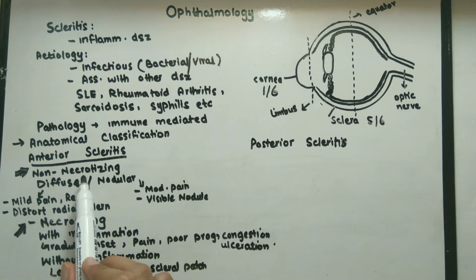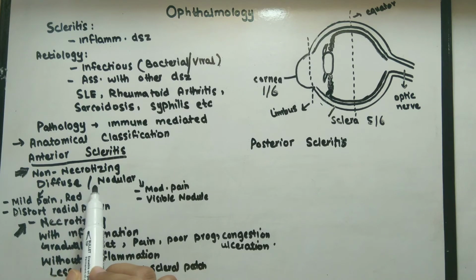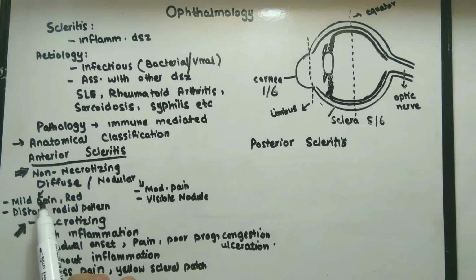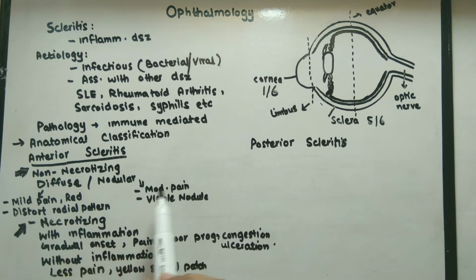Non-necrotizing anterior scleritis may be divided into diffuse type or nodular type. In diffuse type, there may be mild pain, redness, distortion of normal radial pattern occurs. Nodular scleritis is characterized by a localized area of inflammation where a distinct nodule can be seen. There may be moderate pain in nodular scleritis, and there may be a visible red nodule that cannot be moved over